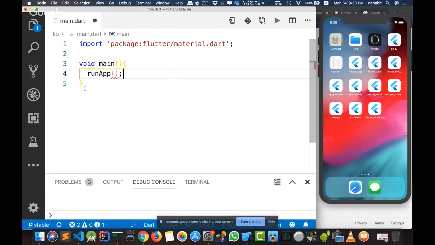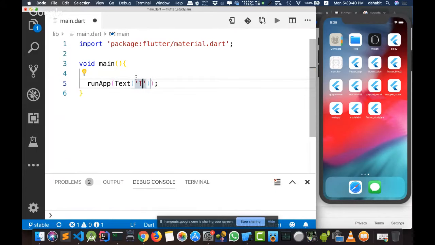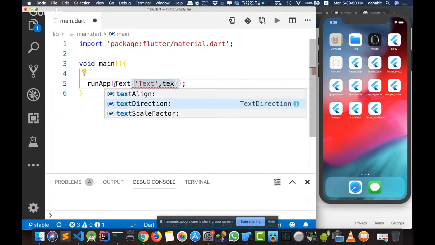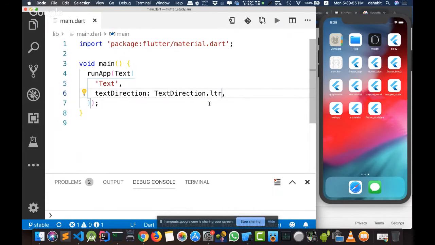And we said that we are using runApp this way because sometimes you'll have to write some code or an if condition here to check something before running your application. In this runApp, I write only a text widget, and this text widget will hold a text. But if I'm using the text widget directly inside the runApp, I have to specify which direction I want my text to display in. And this is the minimal application with Flutter.